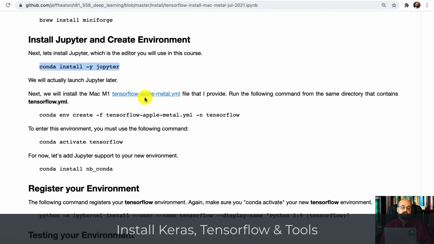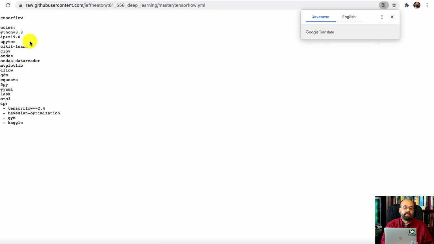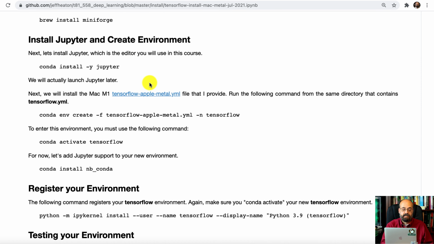Now, what I'm going to have you do, normally there's several things you have to install. You have to install TensorFlow and then the Metal plugin. I also have a number of handy machine learning libraries that I like to install for my course. They're all general purpose. I don't think it would really hurt you installing them, even if you're not taking my course. You can see them all here. It's scikit-learn, pandas, all very standard stuff.